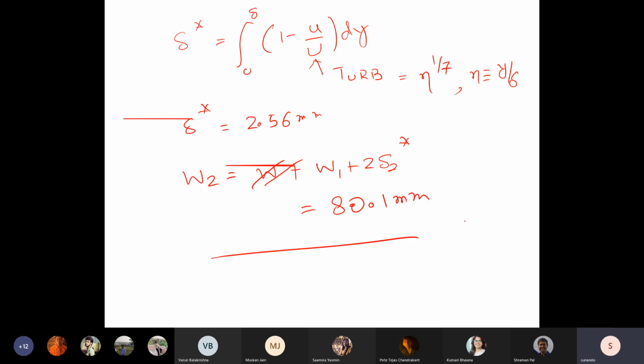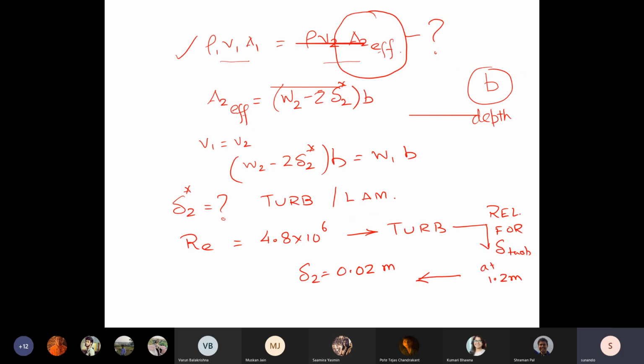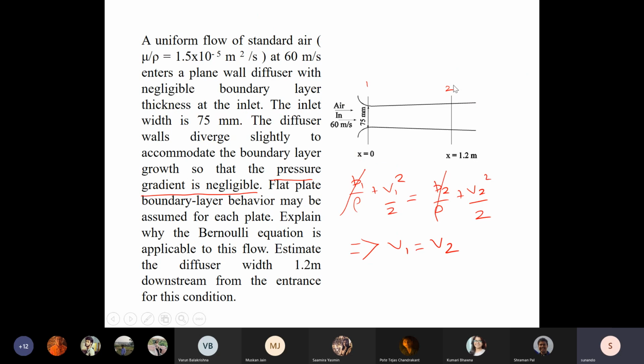This would be the result for the required width at location 2, such that the change in pressure would be negligible, and the required divergence would be provided, that the separation between the two plates should be equal to 80.1 instead of the 75 millimeter, and we could arrive at this with the concept of